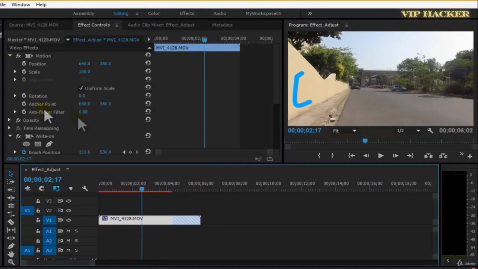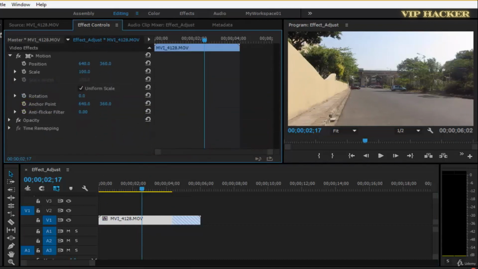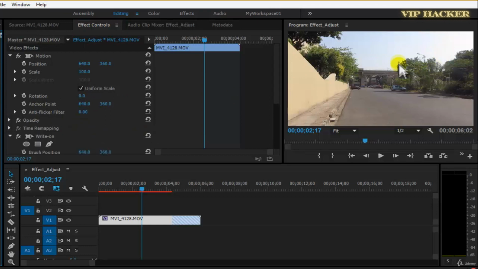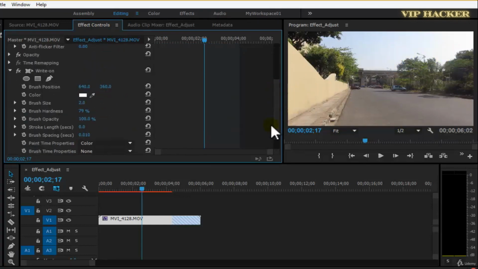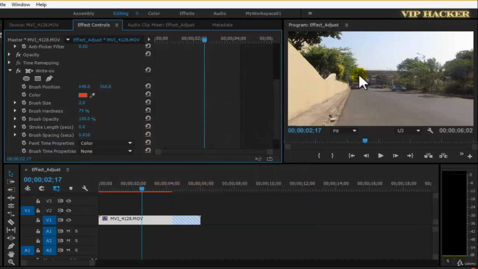And in the same way, suppose you want to have a write-on here, then you can have it. So let us create a fresh one, not on the wall, but on our entire video. So let us first change this from white to maybe orange, and I would